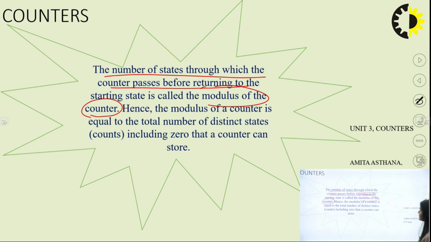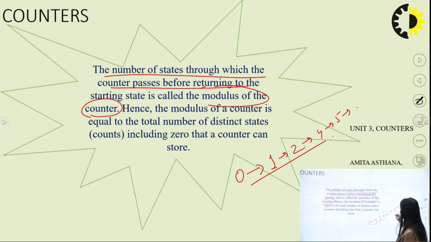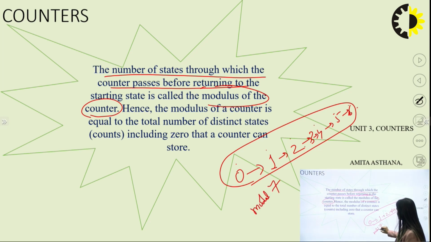So let's say if the first state is 0, then 1, 2, 4, 5 and 6. So what is the modulus of this? Count the number of states: 1, 2, 3, 4, 5, 6. So there are 7 states in total, and this is called a modulo 7 counter. Okay. So the number of states is the same as the modulus of the counter,